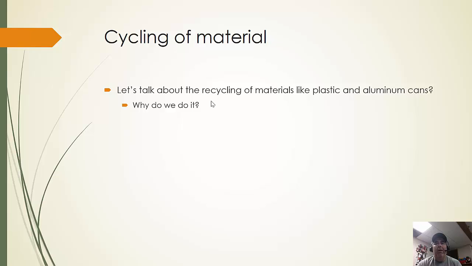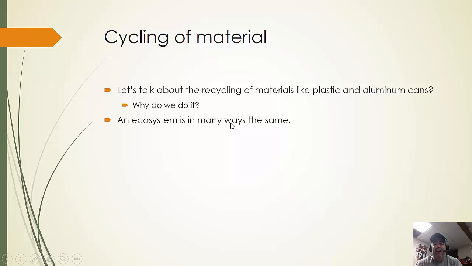Basically, we do it so we're not producing waste. These are things that can get reused. We can take those aluminum cans, melt them back down, and reuse them again. Maybe a pop can this time is going to be used as a different pop can. Maybe it's used as aluminum foil, things like that. You've got different types of plastics that we can recycle. Again, we take them and get them reused. Maybe what was a Clorox bottle is now going to be a Gain detergent bottle. Maybe this time it's going to be put into a milk jug. So basically, we're reusing those things so we don't produce waste.